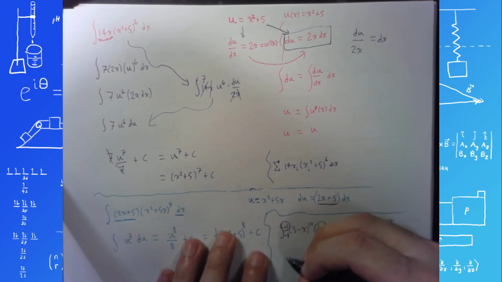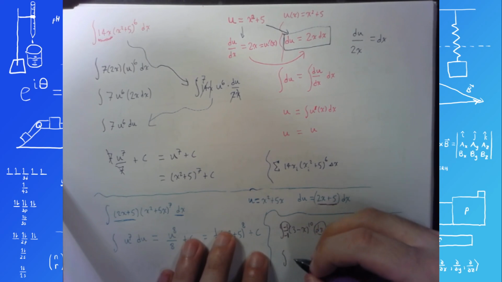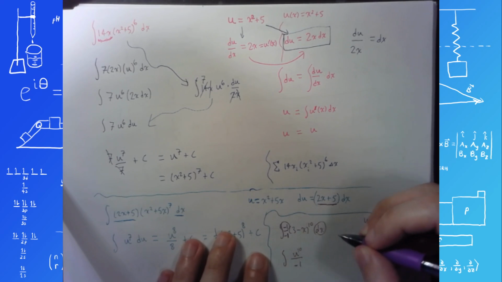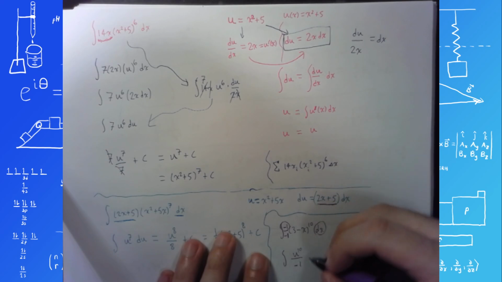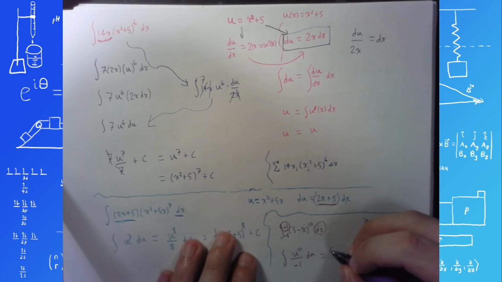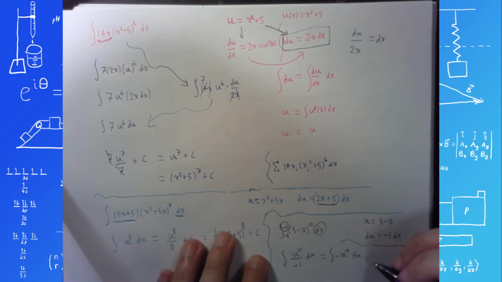So I'm left with the integral of u to the 10th over that leftover negative 1 that didn't get taken, and then this negative 1 did get taken with the dx to form a du. Dividing by negative 1 is the same as multiplying by negative 1. It just leaves you with a negative, so this is just the integral of negative u to the 10 du, and from there it's all smooth sailing. You get negative u to the 11 over 11 plus c,